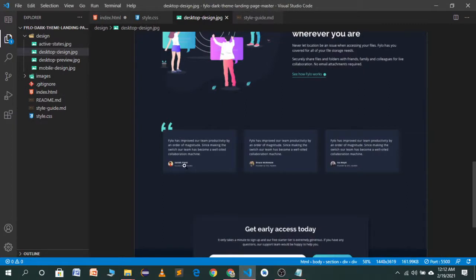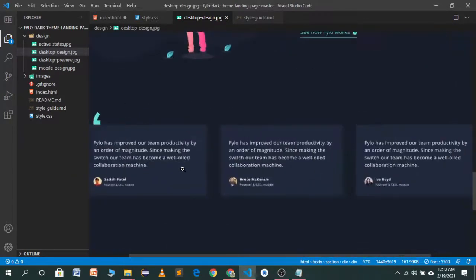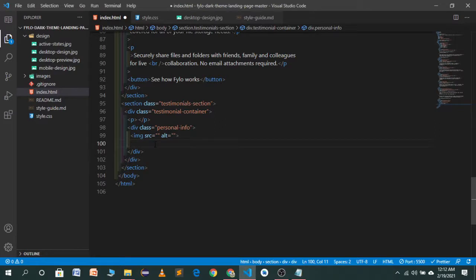we will have the name and the position. So as you will see, here is the name of the client and his position, which is founder and CEO. So this is the name container.